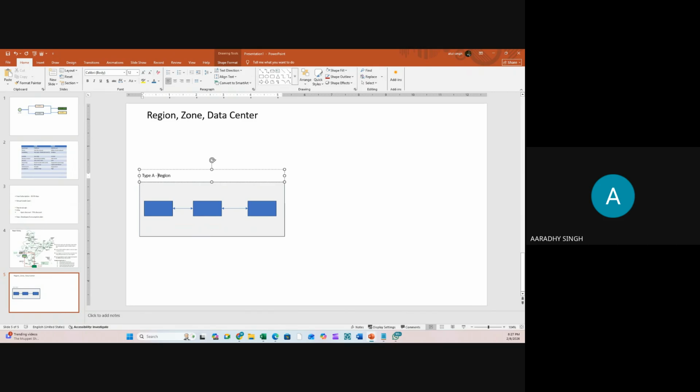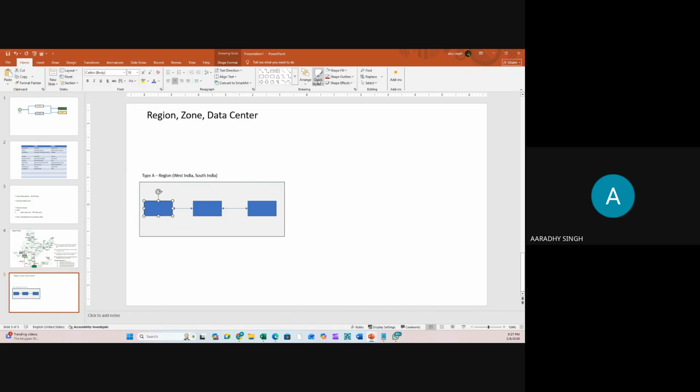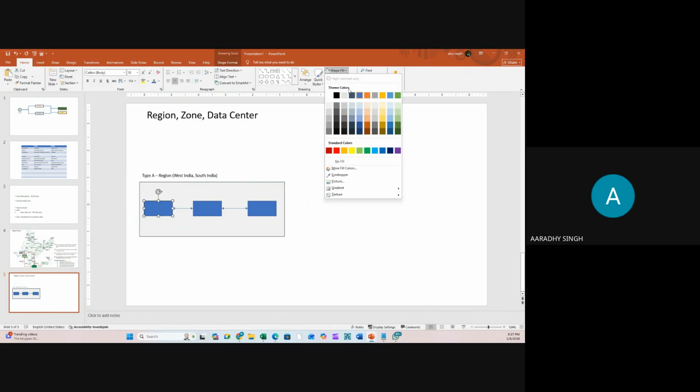Example of type A region in India is West India, means Mumbai. West India is an example. South India is also type A region. So these two are examples of this. And this is a data center.